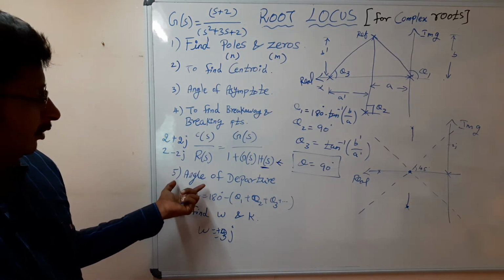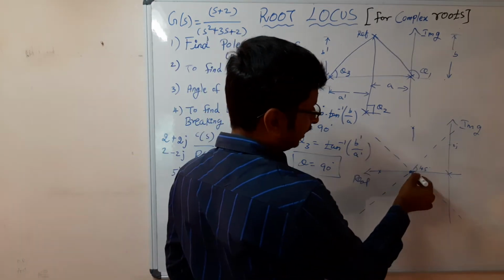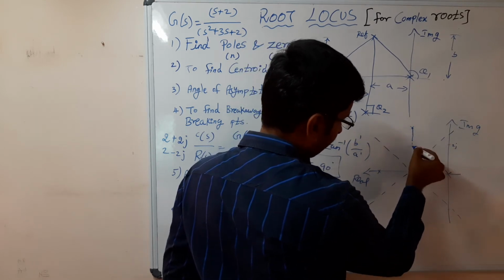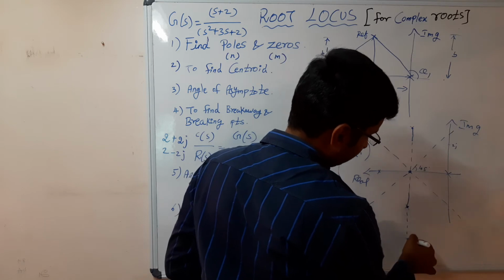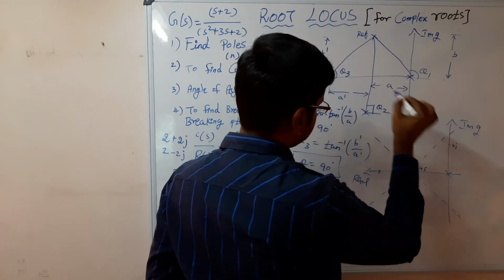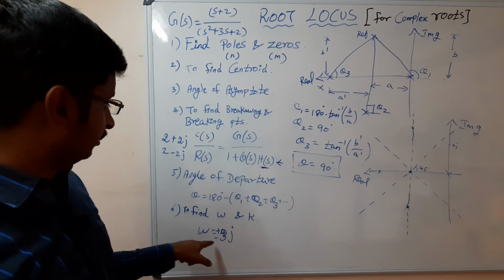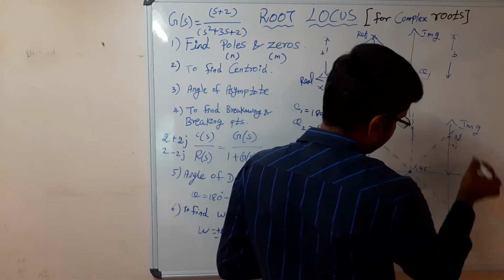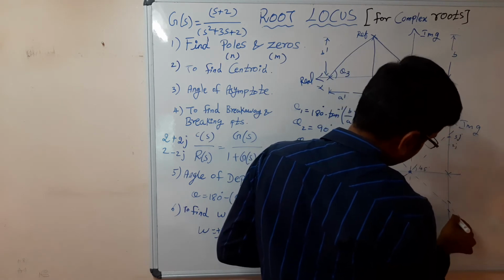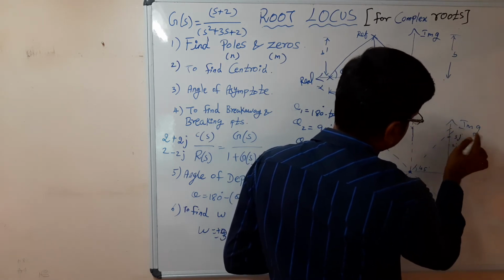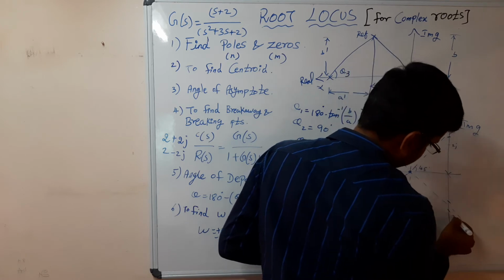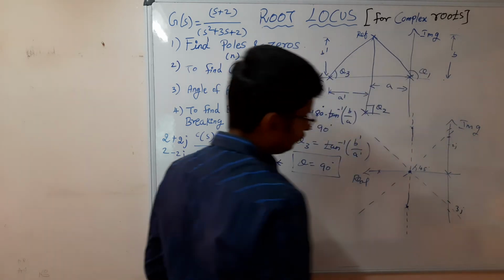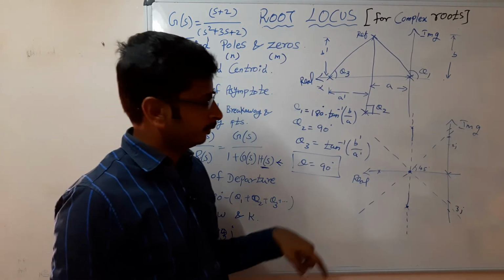And your fifth, the angle of departure, is 90 degree. So at the centroid you need to keep your protractor and draw a line marking your 90 degree. You will get it like this. Then the crossing point, 3j. You need to mark it over here. It's 3j. Here also, let me mark it as 3j over here. So that's it. You need to plot the path.